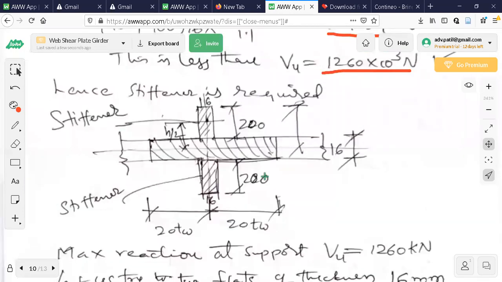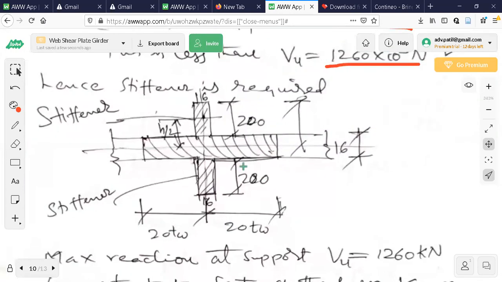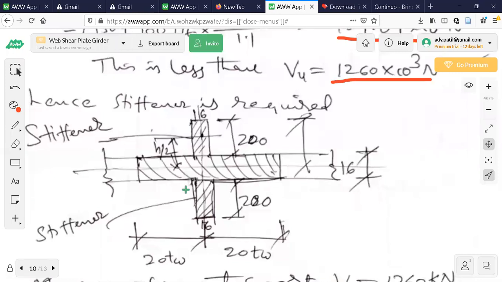Now observe this diagram here. Stiffener is nothing but two plates on either side near the support. Location of this particular stiffener, right now you don't worry, it is very near the support. At what distance and all, let us worry about it later on. Now here, this diagram, I have taken a longitudinal section of the plate girder. Whatever this line is showing here, along this line, it is the web, 16 mm thick web. It runs longitudinally like this. You can see this one here. So it runs longitudinally in this direction.